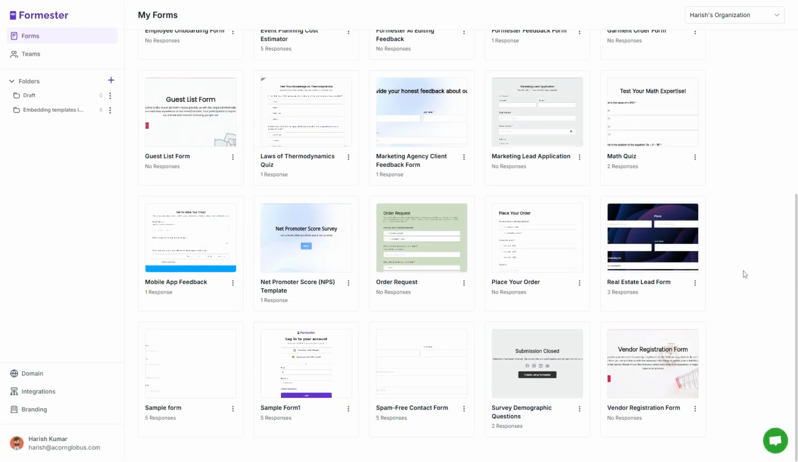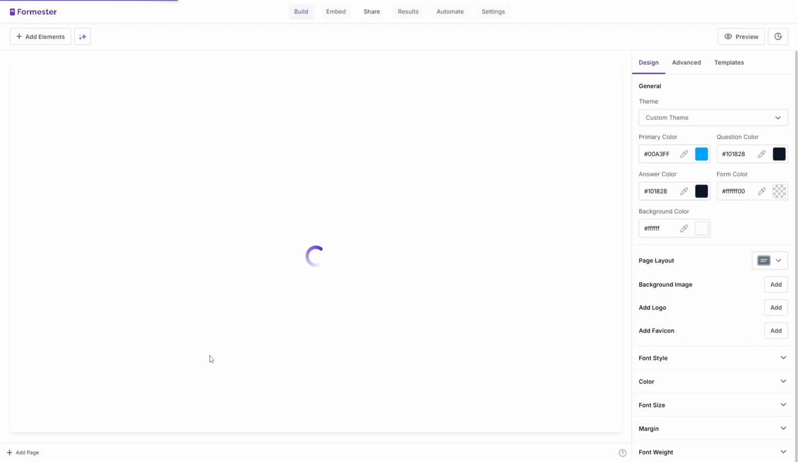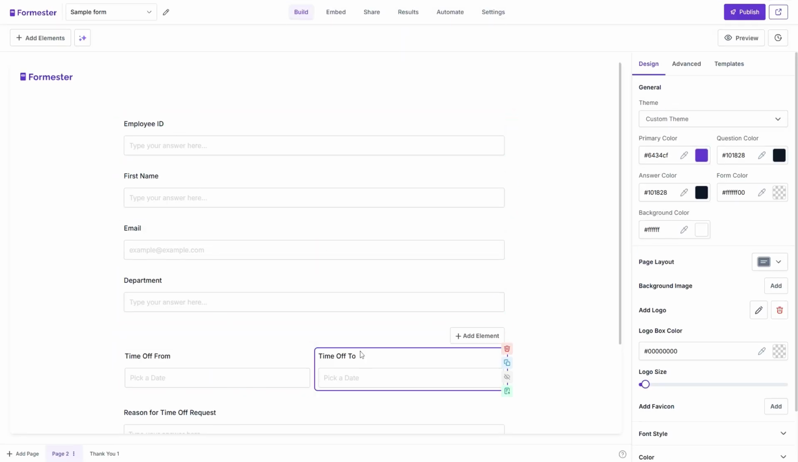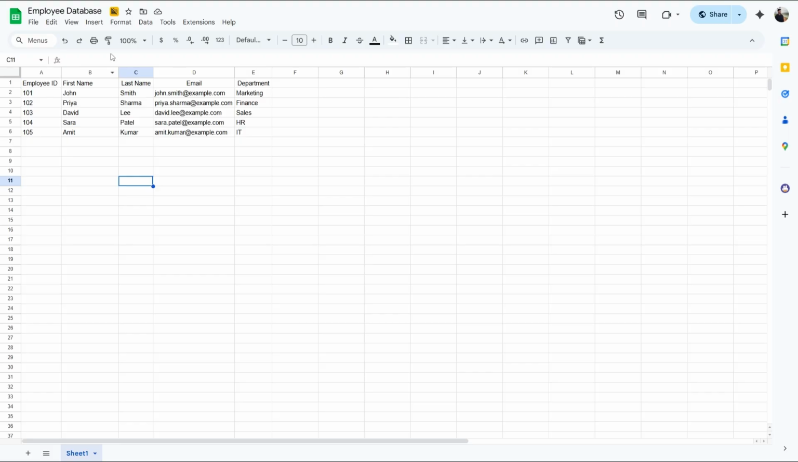So I have logged into my Formester account. Let's open up a form. And I have created a sample employee time off request form. And I have also created a database called employee database in Google Sheets with employee ID, their first name, email,